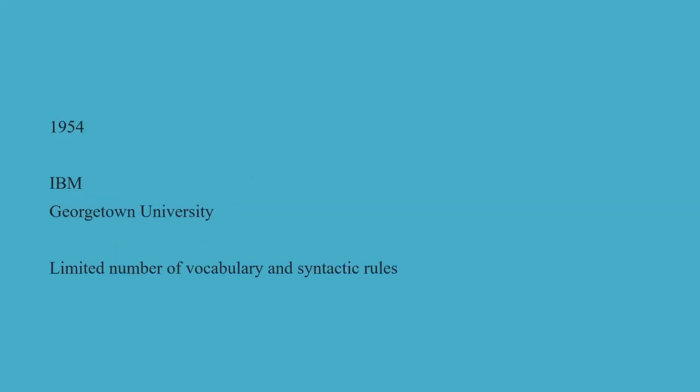So in 1954, with the collaboration of IBM and Georgetown University, the first generation of machine translation system came into being. The system was based on a limited number of vocabulary and syntactic rules, and it proved to be very successful